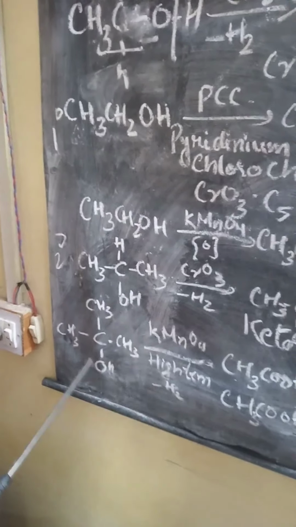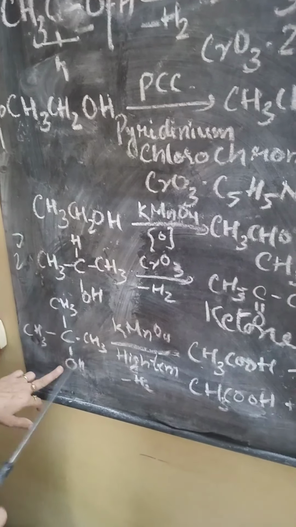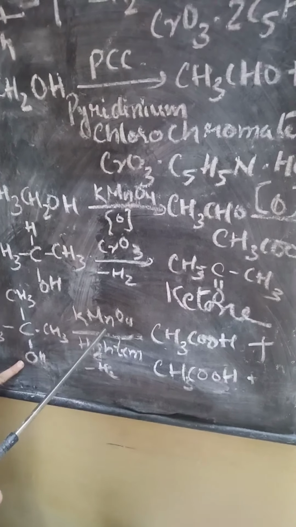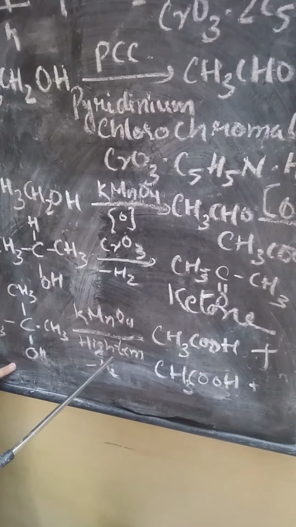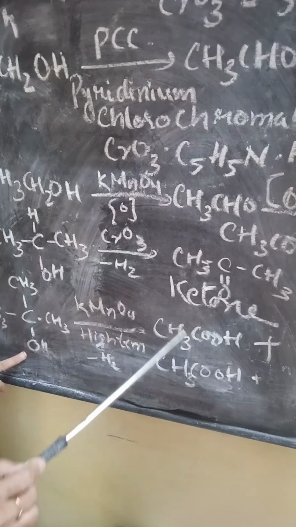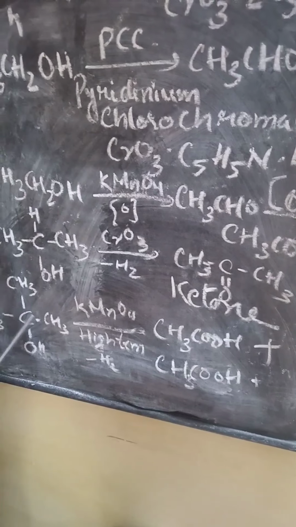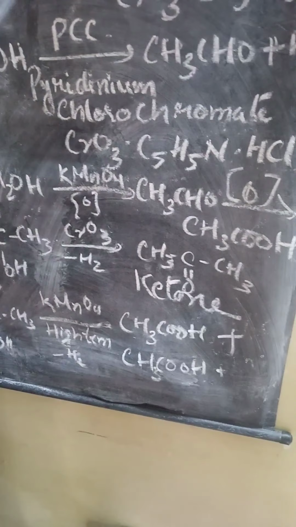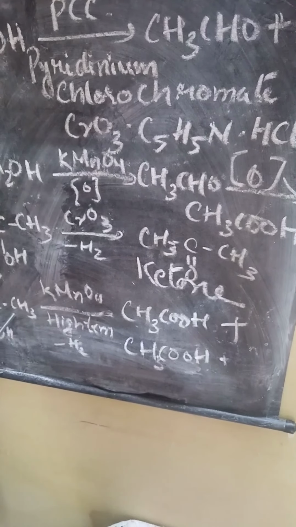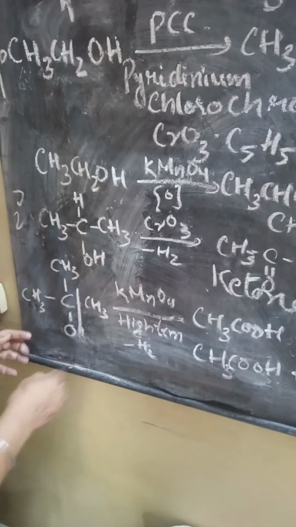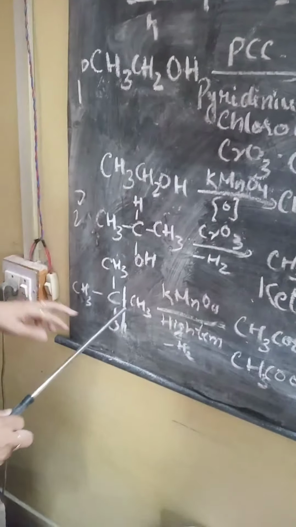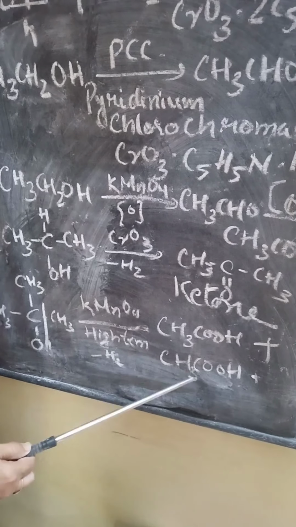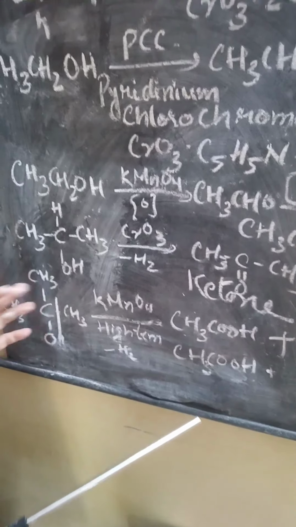Now next we'll see tertiary alcohol. When tertiary alcohol reacts with a very strong oxidizing agent at a very high temperature, you will find that the formation of a C double bond from the carbon-oxygen or carbon-hydrogen bond does not take place as it was taking place earlier. Instead, carbon bonds break, and thereby it forms lower acidic groups. Two or more acidic groups of lower carbon atoms are formed.